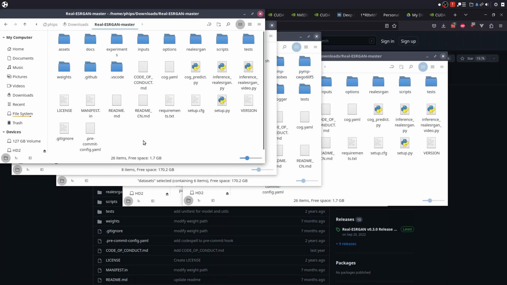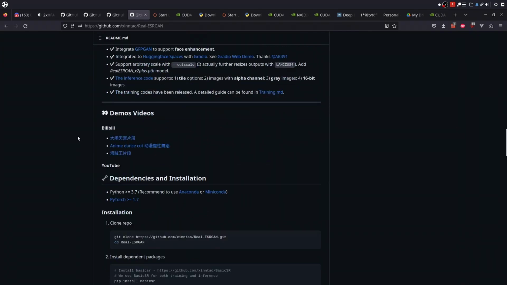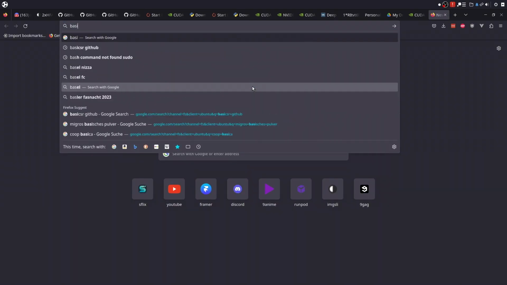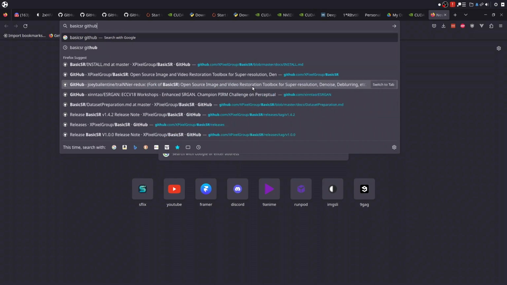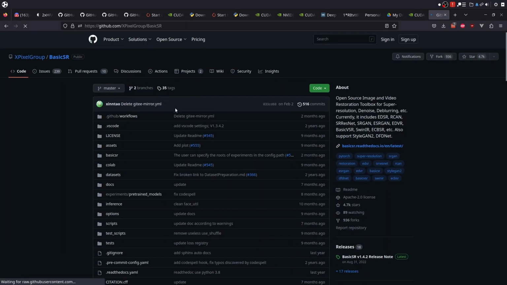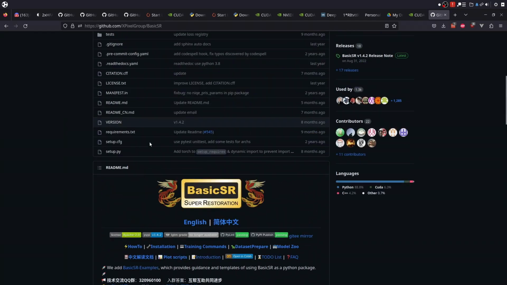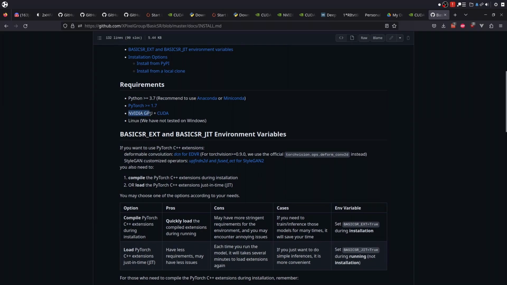What you will need now is to install all the dependencies on your system for this to work. And you will see down here there are dependencies: Python, PyTorch, and BasicSR actually has its own dependencies. I'm going to open it up real quick, the BasicSR GitHub. This is software that the other one is built upon, and this one has its own dependencies. In the installation section, you can see the things I said again, an NVIDIA GPU, Linux,